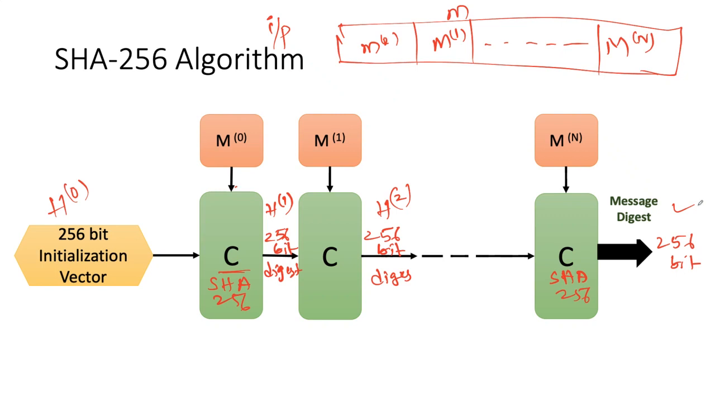So I hope it is clear, right? Okay, then further we can move. So this is the basic design part of your SHA-2 algorithm. And the next one is